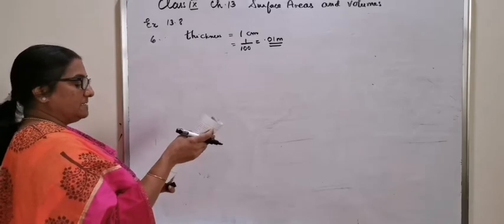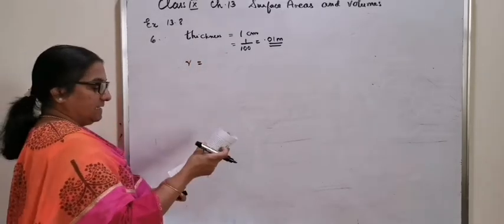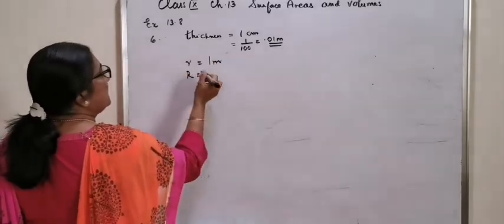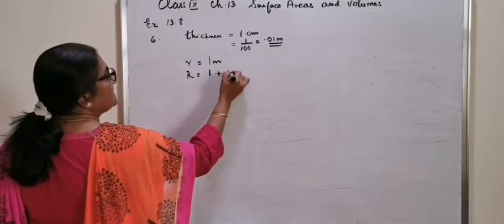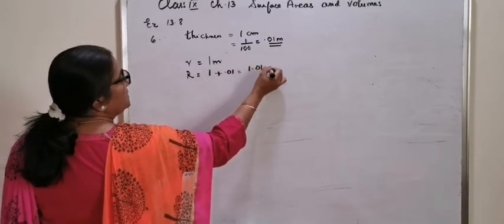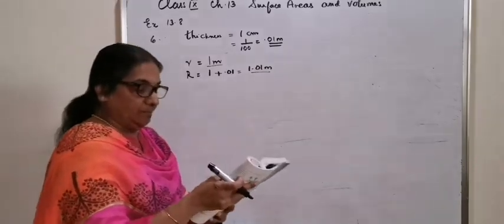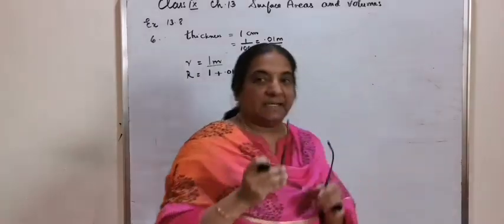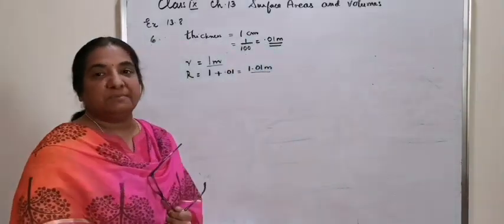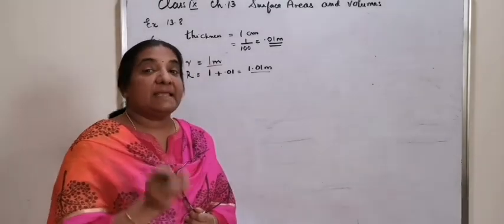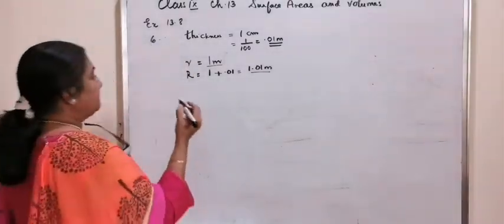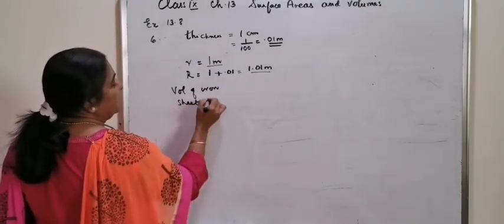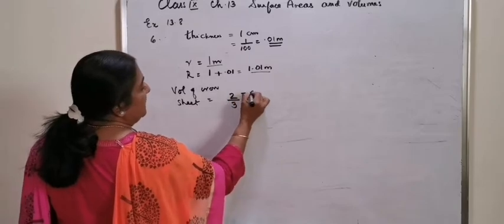And the inner radius of the hemispherical tank is 1 meter. So what is the outer radius? Outer radius is 1 plus the thickness, that is 1.01 meter. And now find the volume of the iron sheet used to make the tank. The formula should be applied as for a hemispherical shell. So the volume of iron sheet is equal to 2 by 3 pi